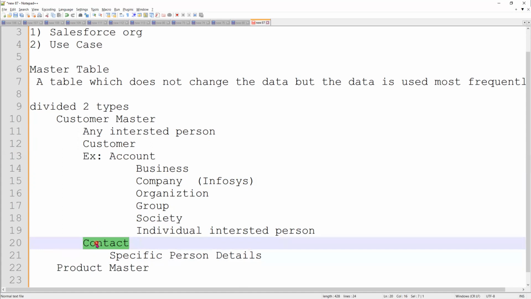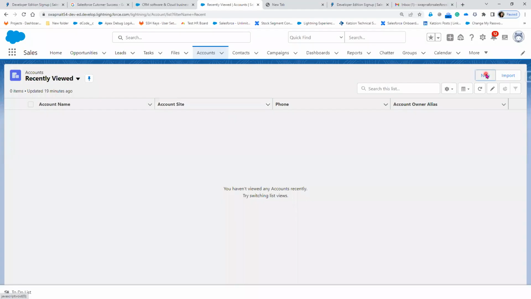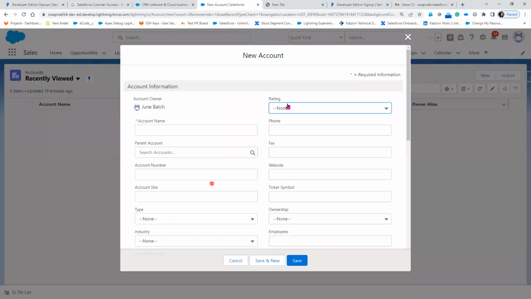So account is nothing but more of business related information. Contact is nothing but more of person details, like a person's first name, last name, email, phone number, those kinds of things. Account is more of a business. That's the reason when you go to the account object, now here click on account. Now what do you see here? Rating,